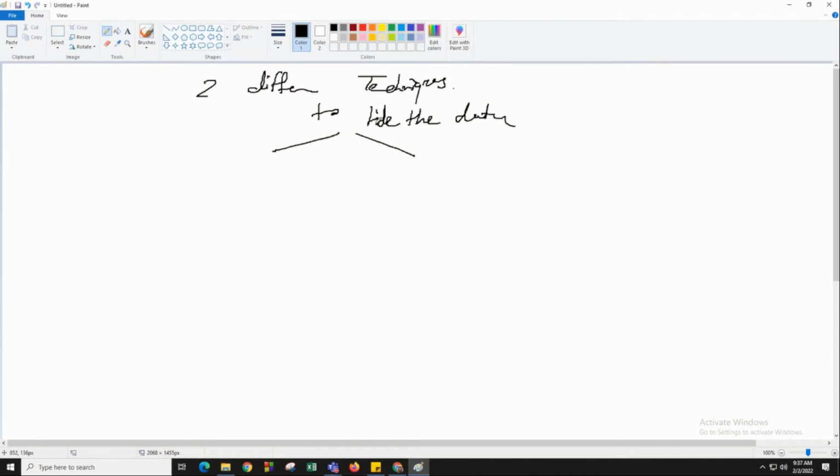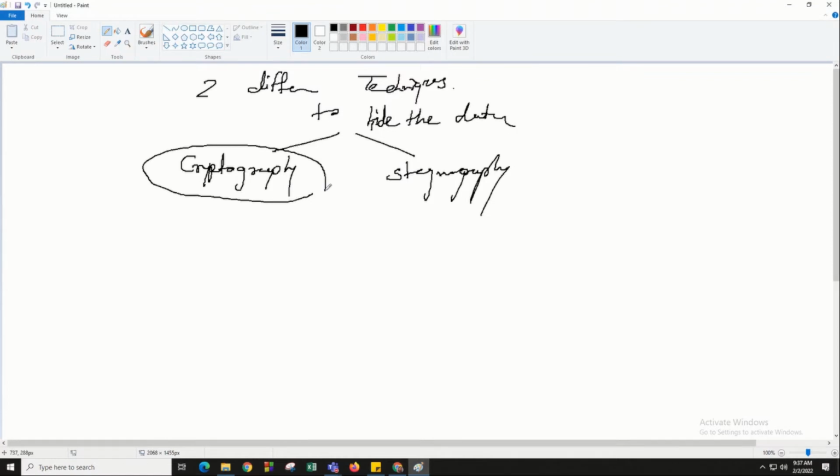How can we hide the data? Cryptography and steganography. Yes, very good. So far in the earlier 4 practicals, we have learned about cryptography, how we can hide the data by encryption.